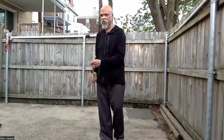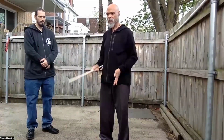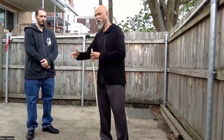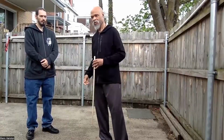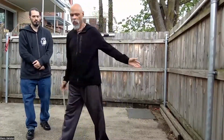But we're not pushing because we're firmly based into the ground, right? This is boom into the ground. So we're not actually pushing, but he gets pushed. Does that make sense? Yeah. So what's going on is,